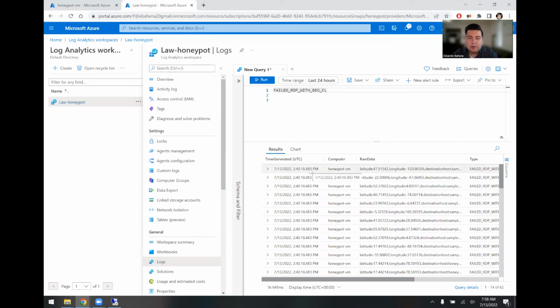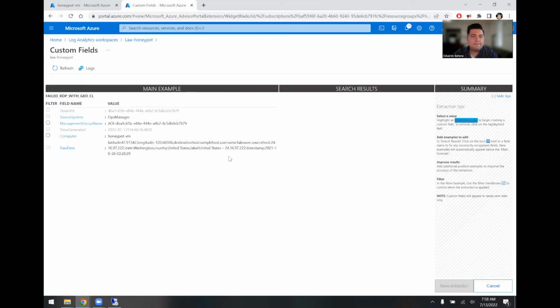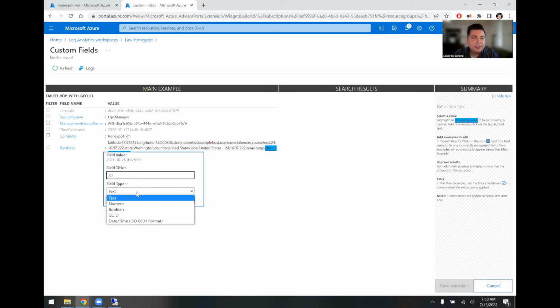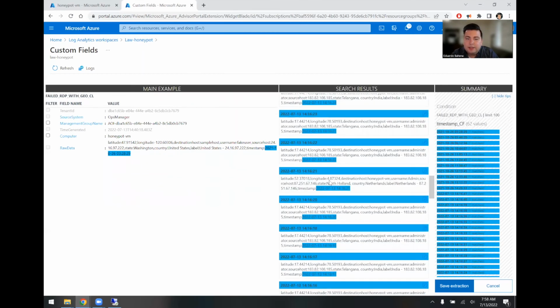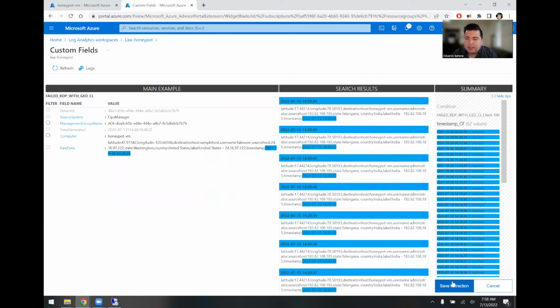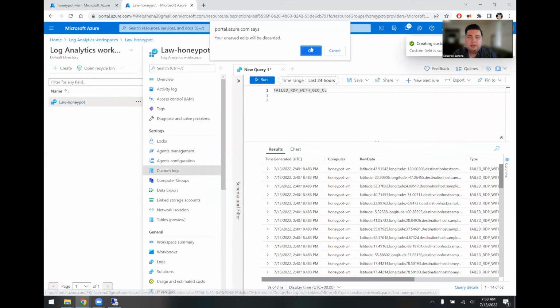Okay. Again, right click, extract. Okay, so let's go ahead and select our timestamp. This time, instead of that, we're going to do date and time, which is what we should have picked last time. Okay, and that should collect it just fine. This one shouldn't have any issues since it's the last one. The AI should be able to read it pretty easily. Okay, so go back to custom logs, hit okay,